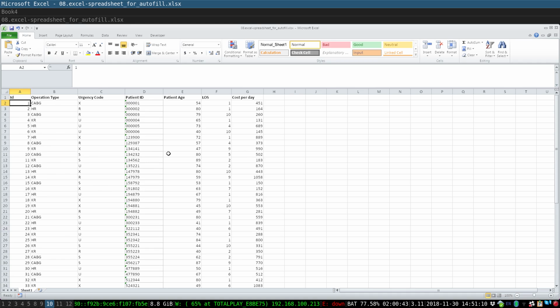Another thing you might want to do, so that's called autofill. It fills it in for you. Another quick autofill is to fill it in without having to drag. And here we're going to say, what's the total cost? So the total cost is